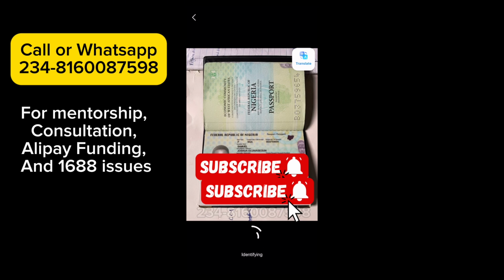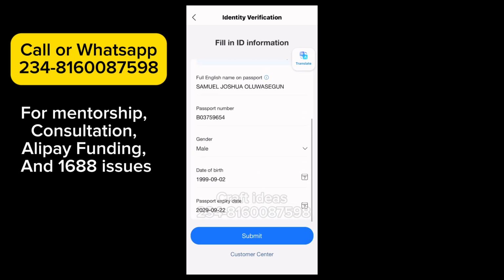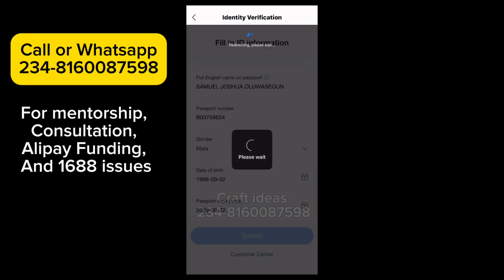All right, so let's wait for the passport. All right, it has filled in the information itself. So you want to click on submit. You can see it here. So you want to click on submit here. So after you click on submit, it will direct you to the next page, which is where you want to